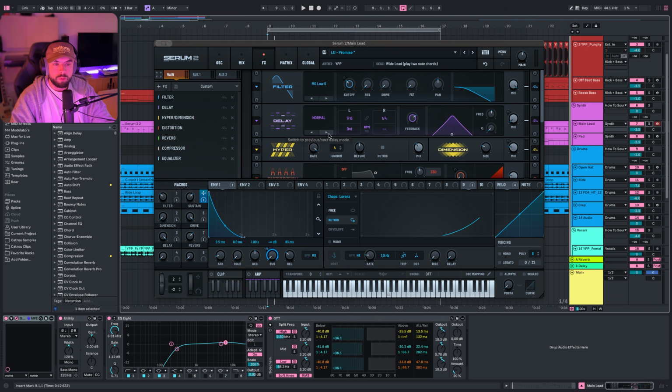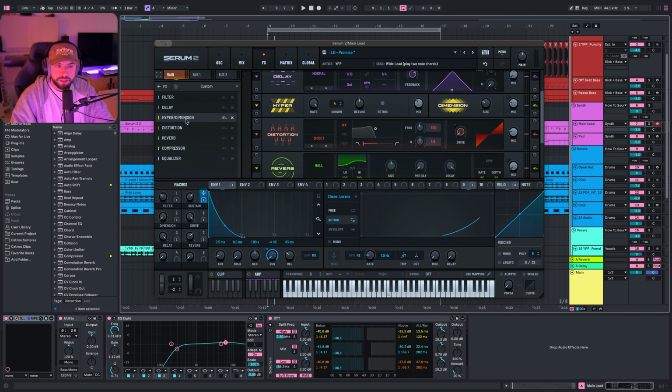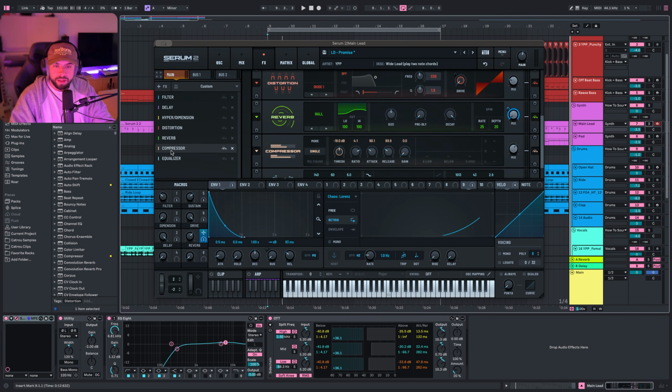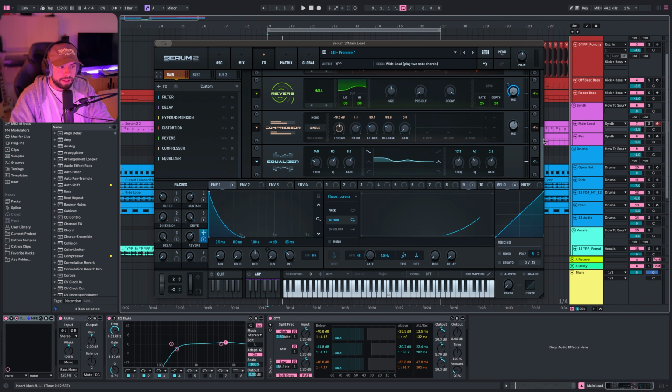If you want an even wider sound, you can set that on ping pong mode and play around with the settings. Then I added a hyperdimension for more wideness and a little bit of distortion. Then we have the distortion tool where I boosted the frequencies until 330 Hertz. And then a compressor at the end to boost all the effects a little bit, and then another EQ to